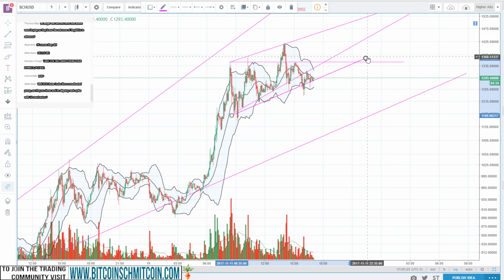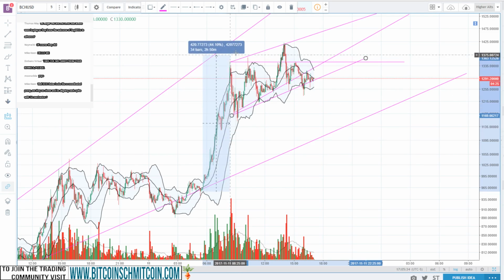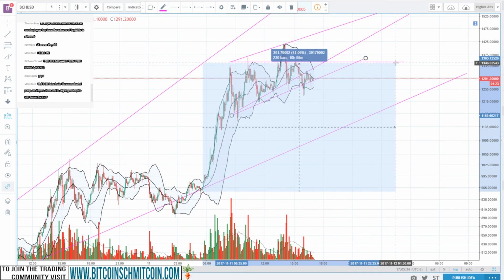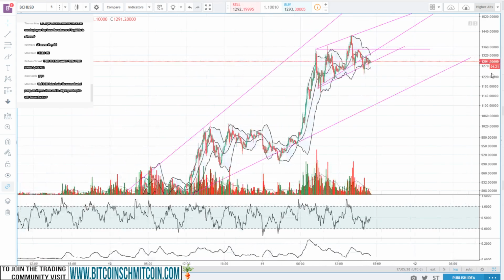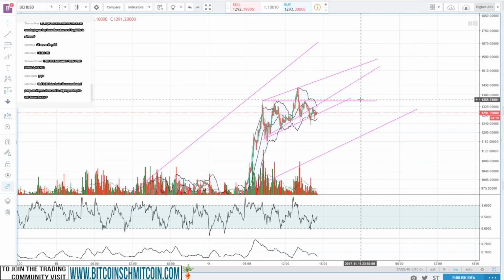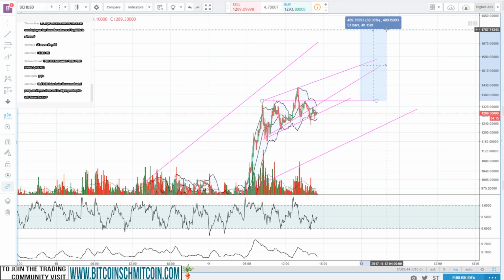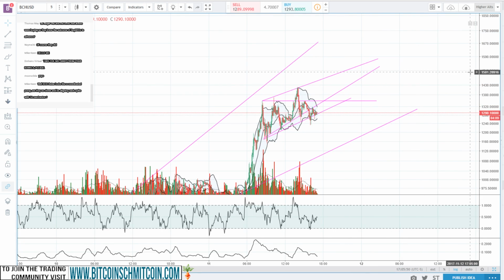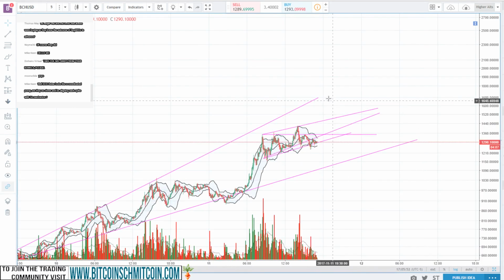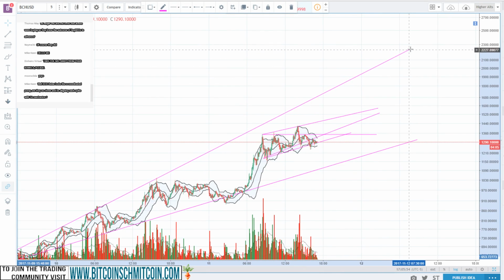Overall trend is up, right? That's the main message here. And the breakout is going to be projected from this 1350, which is, what is it? From here to here. So that's a $400 move. So if we move up $400, we can imagine that we're going to see a move from here to here, right? Which plays out really nicely because if we expand this upper line like this,